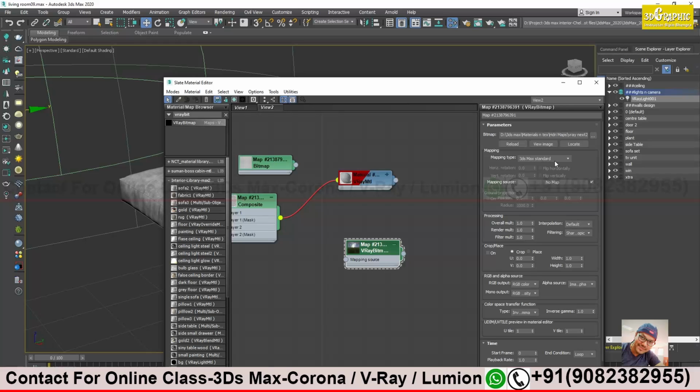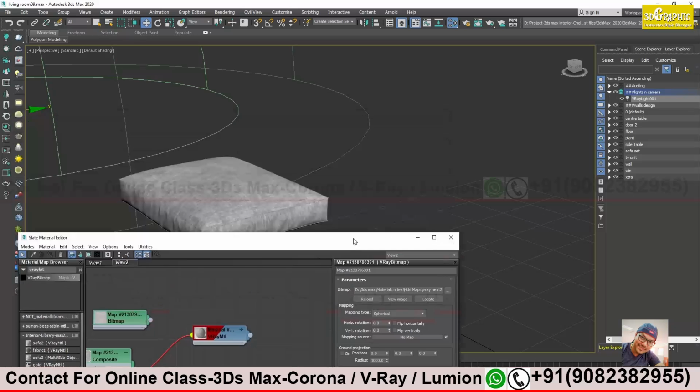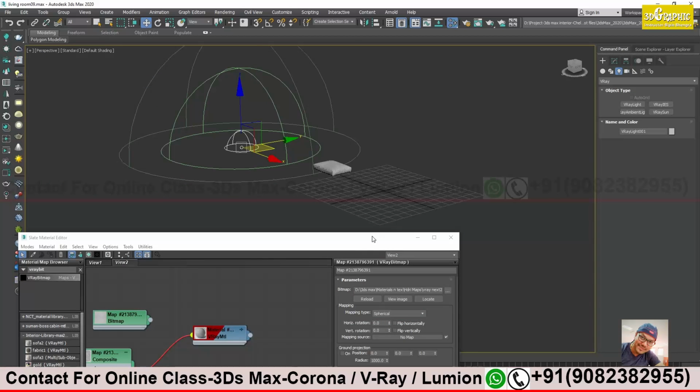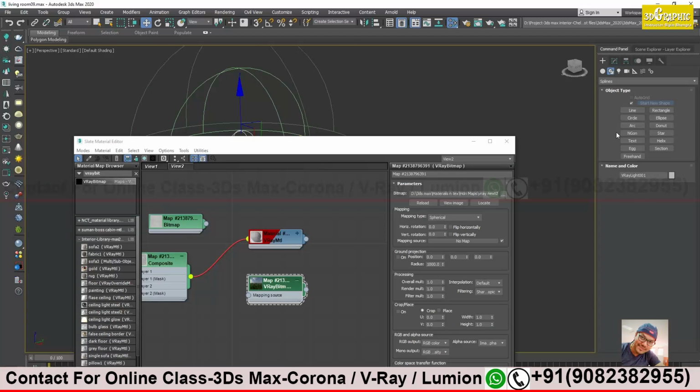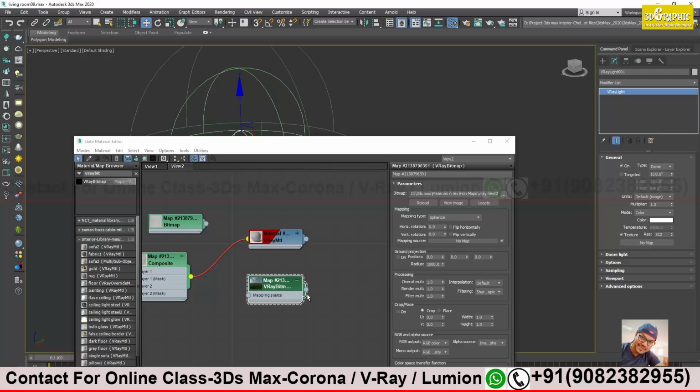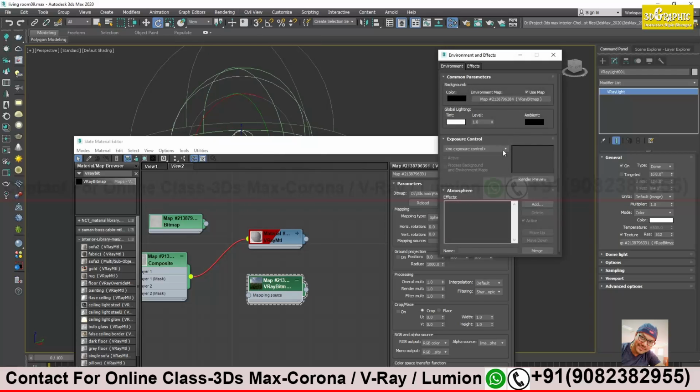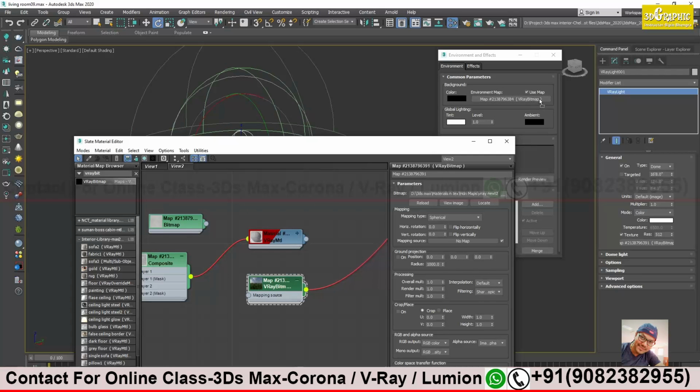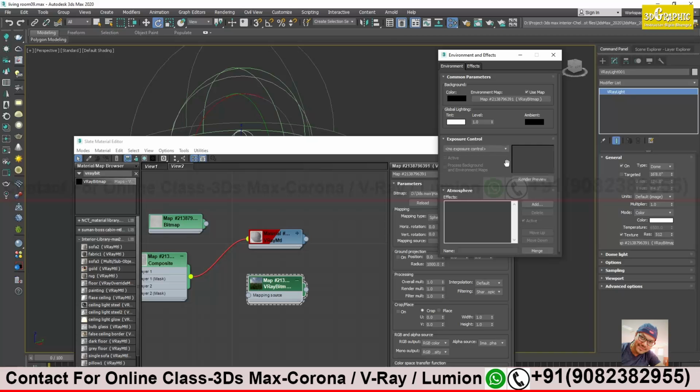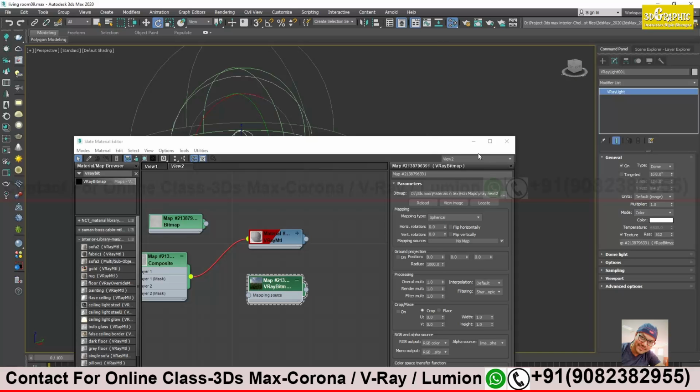Yeah, it came from here, spherical. And where is my light property? It should be applied on, where is the map? Okay, let's quickly see the environment, whether something is applied over there or not. Render environment, I will apply the same thing over here as well. Okay, it's done. Over here also it's done.